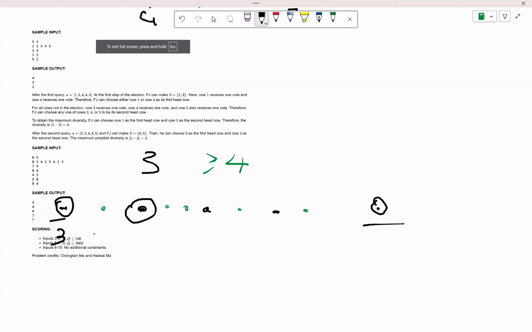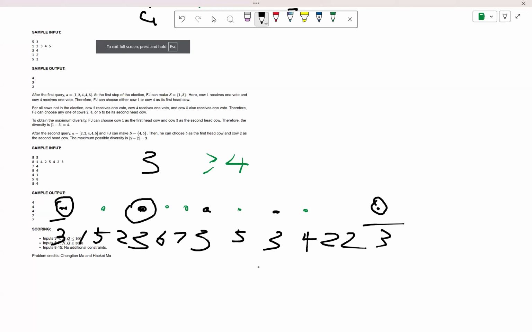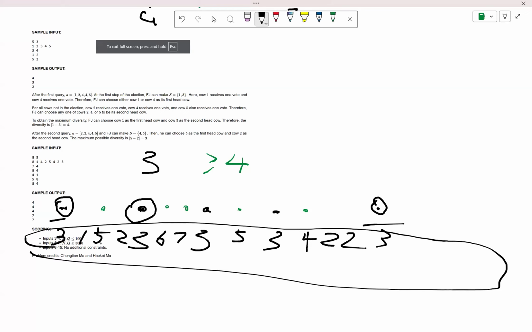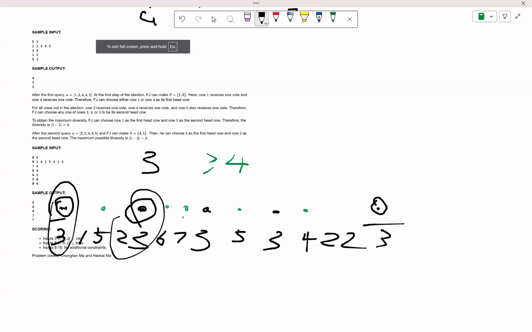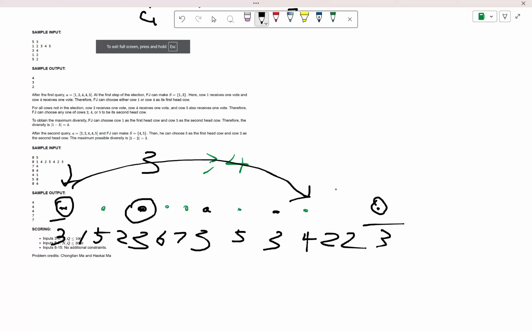So let's give an example. Let's say the array here is: this is 3, this is 3, this is 3, this is 3, this is 3. And let's say this is 5, this is 2, this is 1, this is 6. Let's say this point is 5, this point is 4, and you have a 2 and a 2. So this is our actual array, and all the black points represent frequency 3, like 3 votes, and all of the green points are at least 4 votes. If I want to know for this black dot what's the furthest green dot to the right we can pair it with,